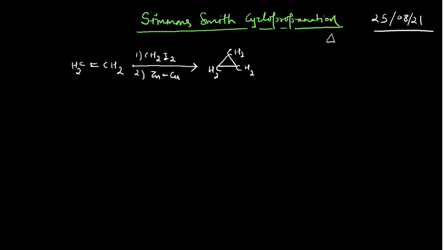Now the important thing is the reaction mechanism. You must understand this. First in the reaction, this diiodomethane, CH2I2, reacts with the zinc copper couple. Copper you can consider as a catalyst in that reaction, and that will convert this compound into ICH2ZnI. So this system which I have shown here is actually a zinc carbenoid.